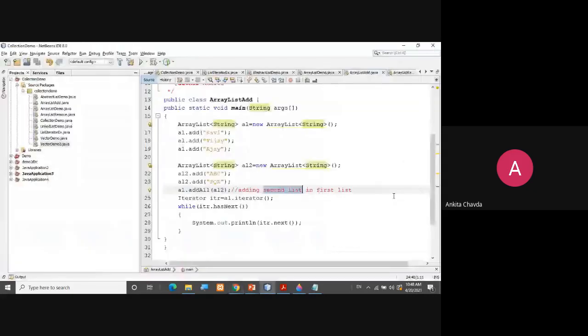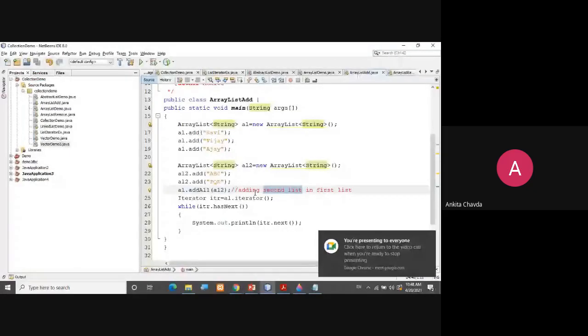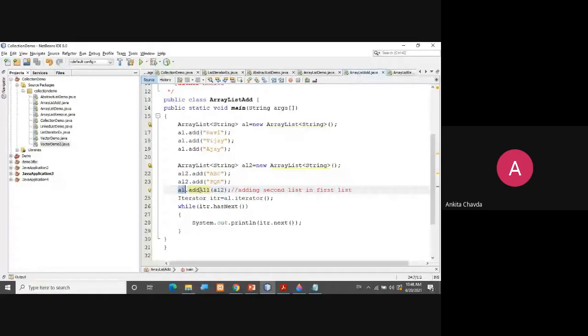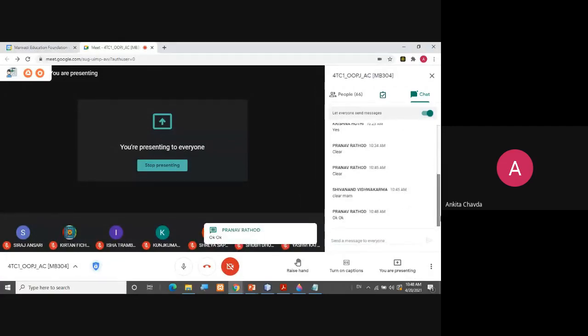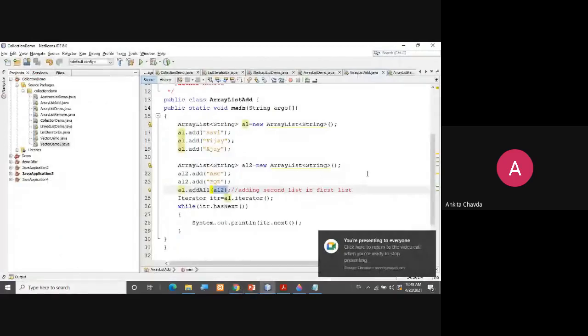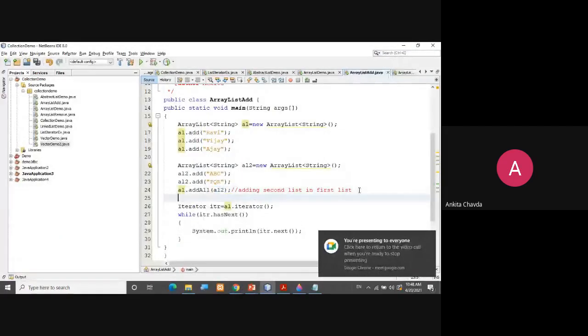You will simply change the sequence. Here you can write al2.addAll and put al into the bracket. Simple. You just need to change the order.